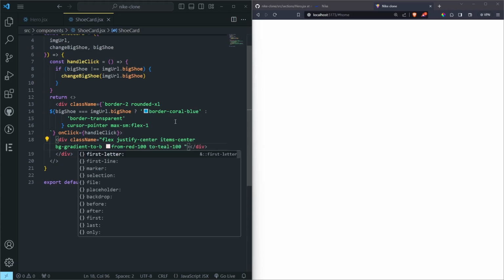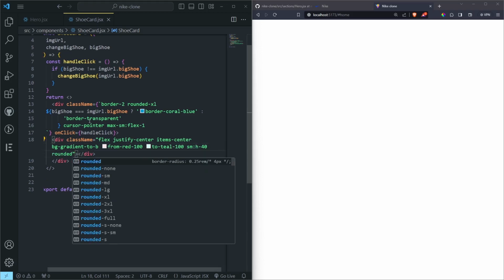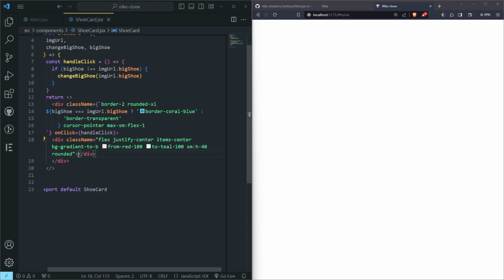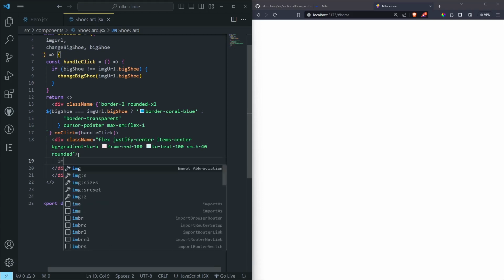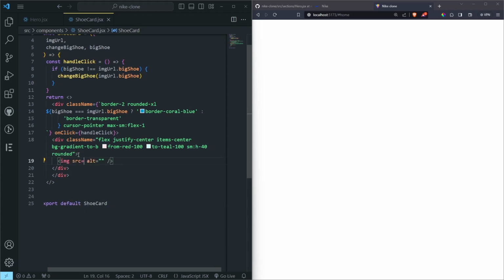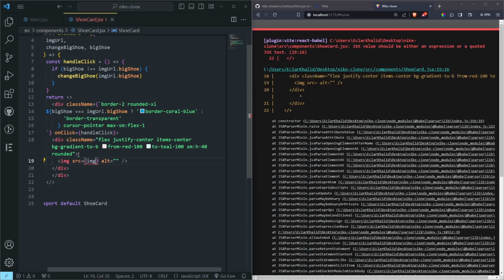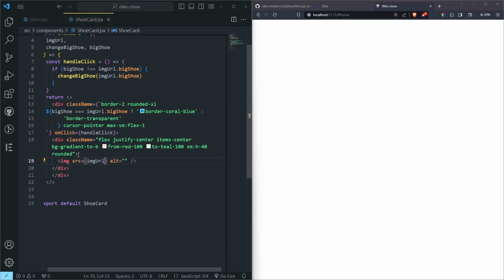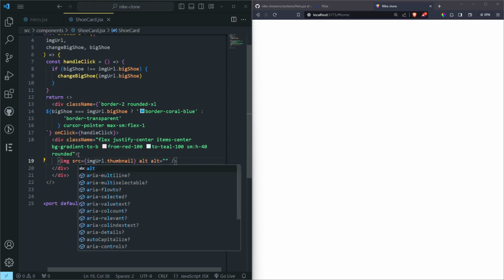And then I think in small devices we can add a height of 40, and then you can do rounded, like that. And then inside this div we are going to do the img, which the source is going to be the img url, and then dot thumbnail. I created these thumbnails from images, and then we want to do an alt of shoe,